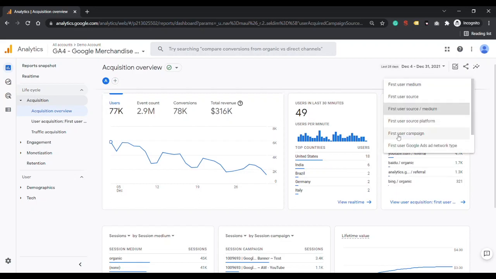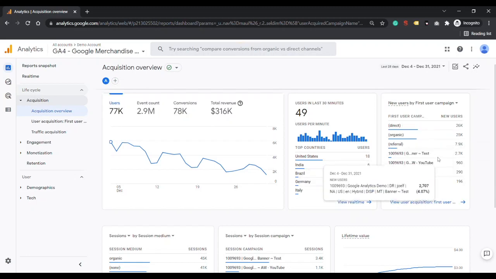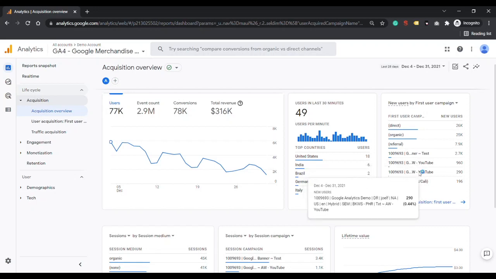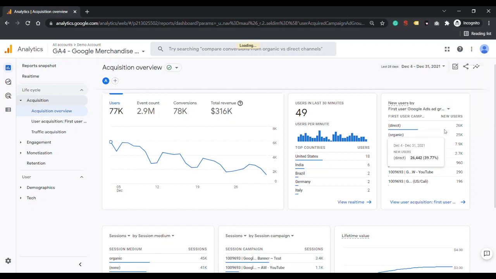And you can also select the user campaign, from which campaign we are getting the users. Here you can see Google Analytics demo, YouTube. These are all the different campaigns, and you can also select the Google ads and network types, from which ad groups we are getting the users.